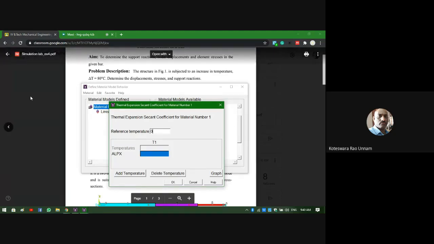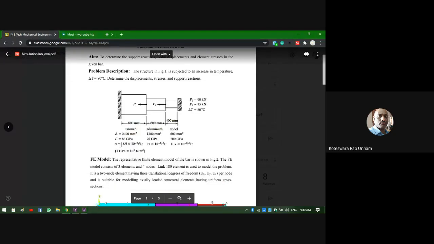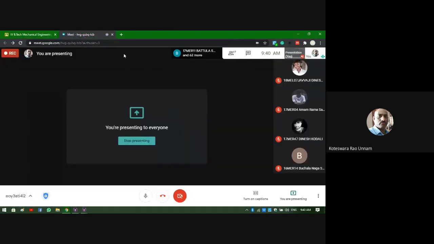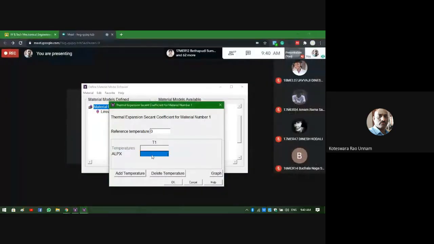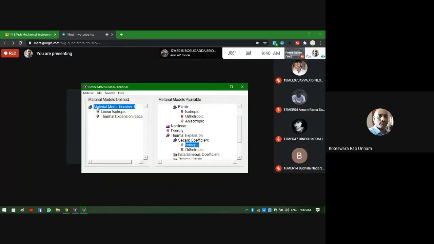Then what is the alpha value for the first section? 18.9 into 10 power minus 6. So I need to enter that value here. Alpha x is 18.9, 10 power minus 6, so I can enter it as E minus 6. Now you can see under material number 1 you have two things, linear isotropic and thermal expansion.